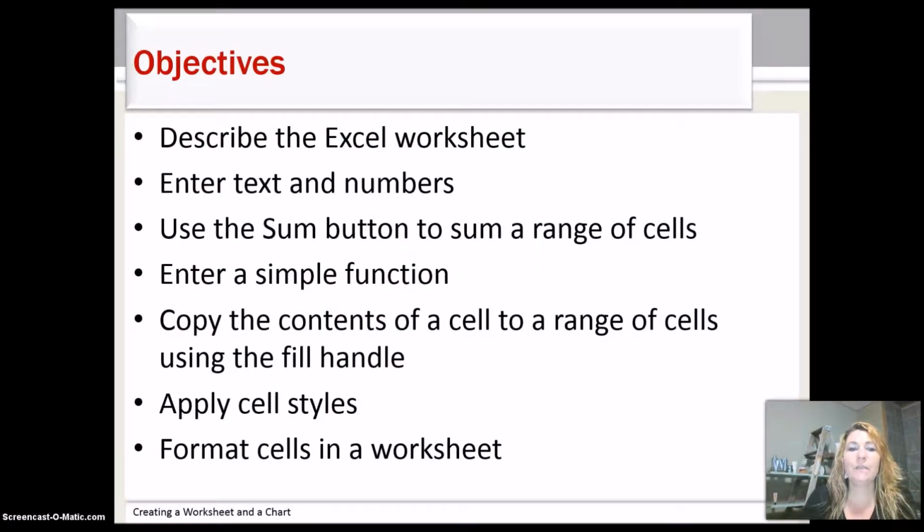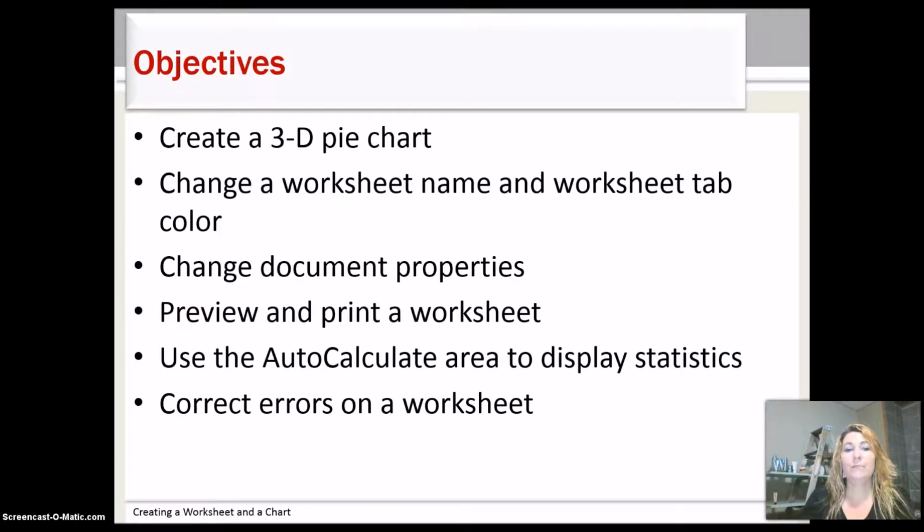So, some of the objectives. You're going to be able to describe your Excel worksheet, enter text and numbers, use the sum so that you can sum a range of cells, enter a simple function, copy the contents of the cells to a range of cells using the fill handle. You're going to apply cell styles, format the cells in a worksheet. You're also going to be able to create a 3D pie chart, change the worksheet name and sheet tab color, change the properties, print and preview the worksheet, use the auto calculate to display the statistics, and correct any errors